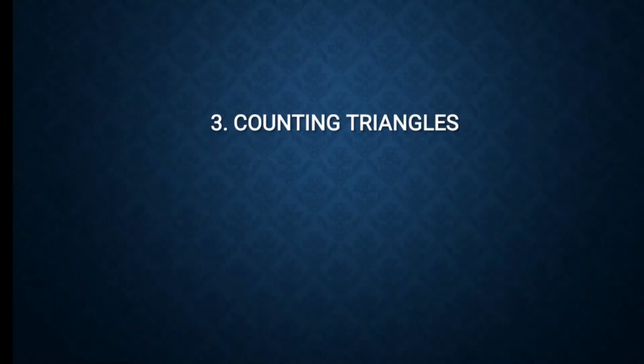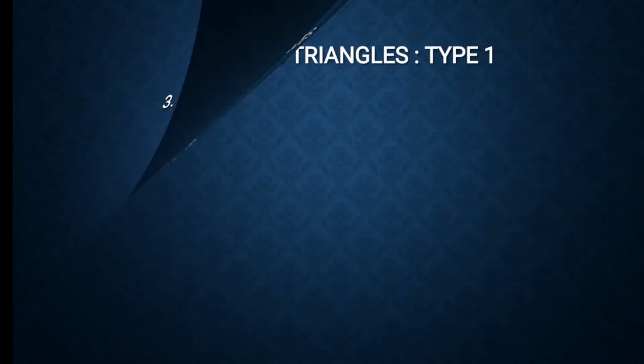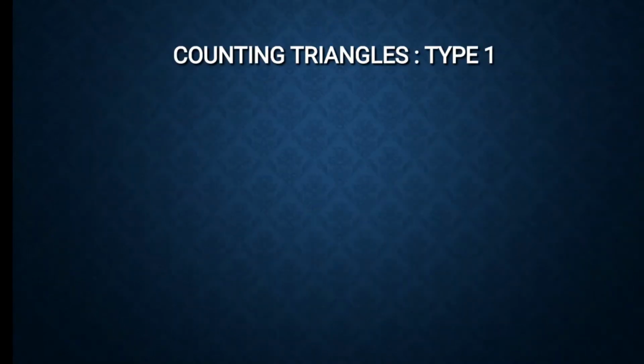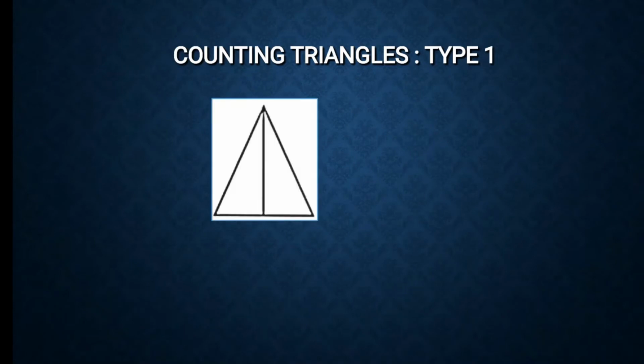Now we'll come to counting the triangles. Now there are a lot of varieties in which a triangle can be partitioned. There are 4 types. I'll take one at a time. Our first type of triangles will be triangles that are vertically divided, which have vertical partitions in it. Either you can count them manually. So let's try to count the number of triangles manually. In this case, there is one small triangle, another small triangle to the right, and a bigger triangle. There are total 3 triangles in this figure.